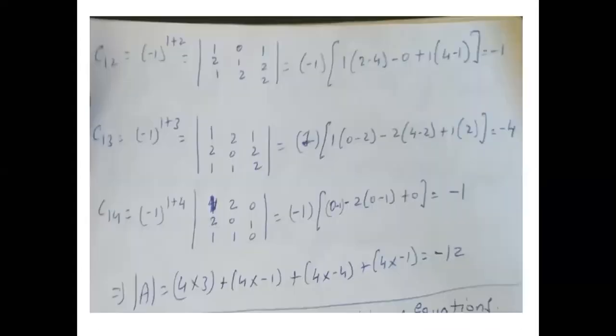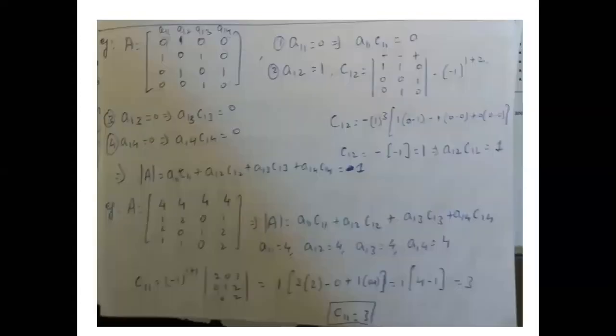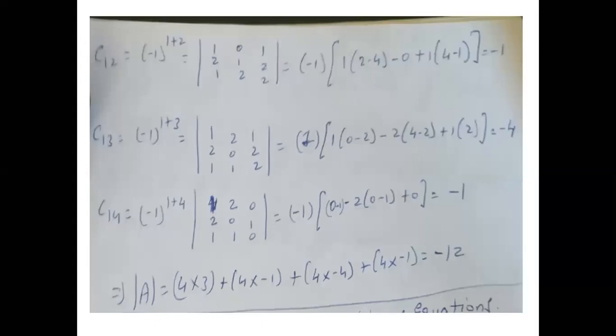So I'm assuming that the cofactor finding is understood by everyone. It's a simple technique. The only thing you have to be careful with is the signs. And for doing the signs, there is an easier formula where you have Aij into Cij, and then you can find the Cij and the Aij. So that is how we find the cofactors.